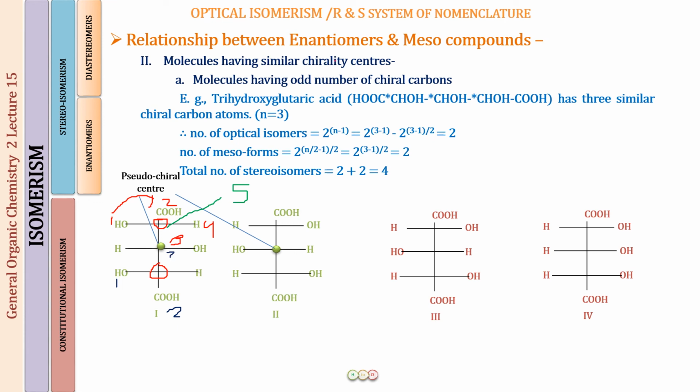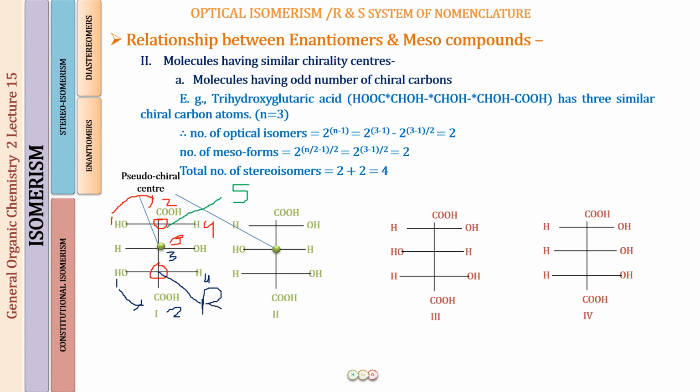Again, C3 will be acting as group number 3 and hydrogen will be group number 4. Now when you draw an arrow from 1 to 2, this is in the anti-clockwise direction. Hydrogen is on the fourth, on the horizontal bond, so this is going to have an opposite configuration. So that is going to be an R configuration.